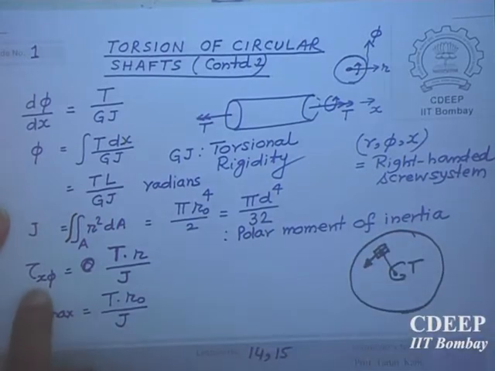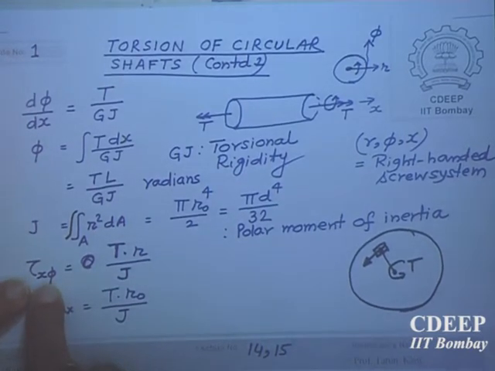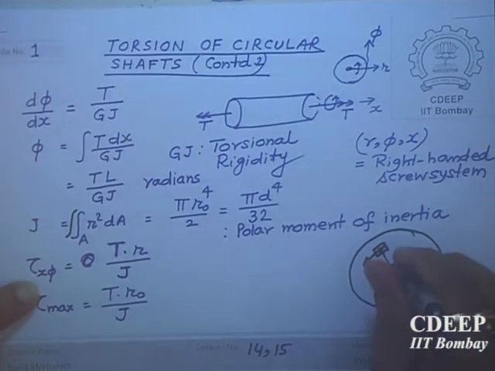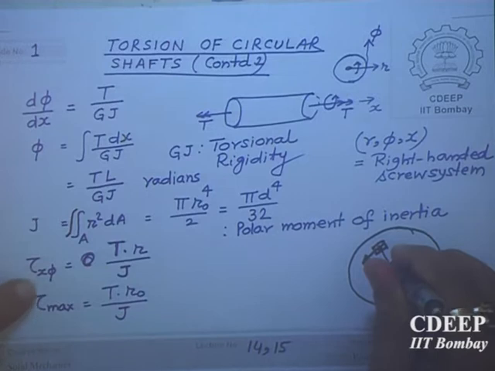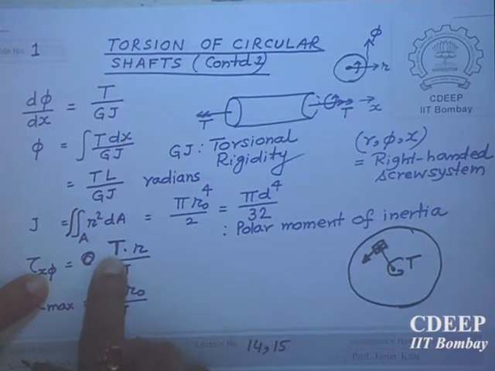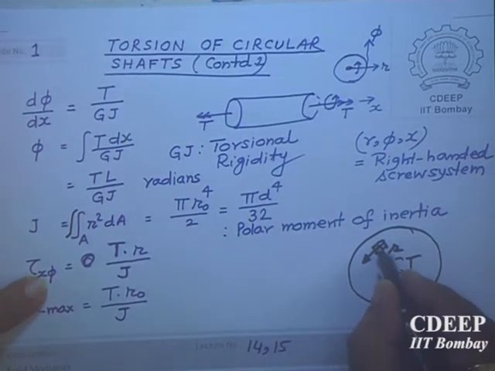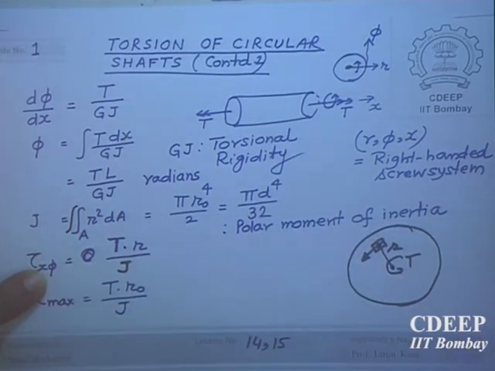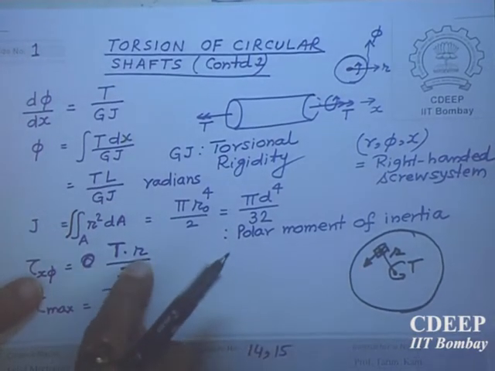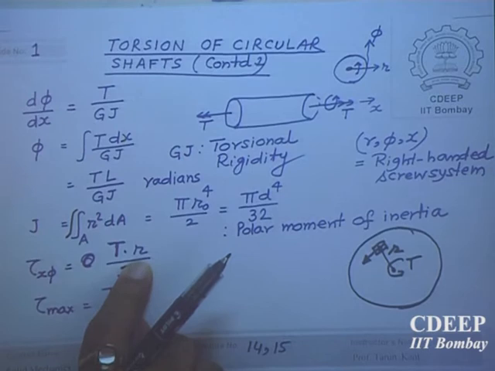It is not normal to the plane. And so that we call tau shear. The notation for shear stress is tau, and because this is X and phi, X is the first normal and phi is this, but later on we will be using simply tau. It will be implied that it is x phi. So that is given by T into r, where r is the distance from the center up to that point P, divided by J. This also we have derived. So this formula also has a similarity with another formula that we will derive a little later for bending of beams. So keep this in mind.